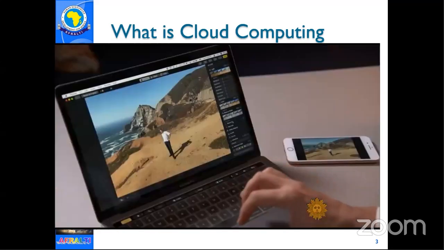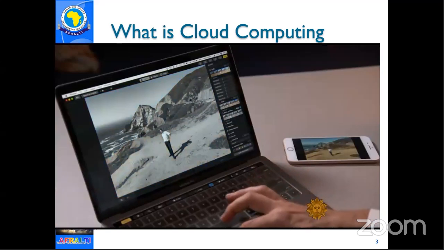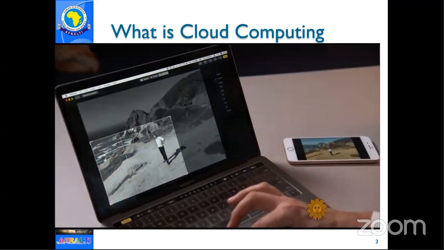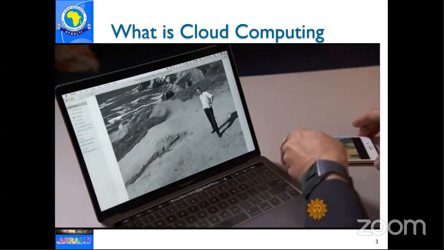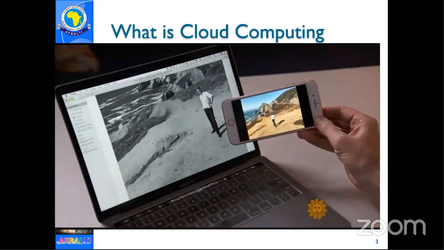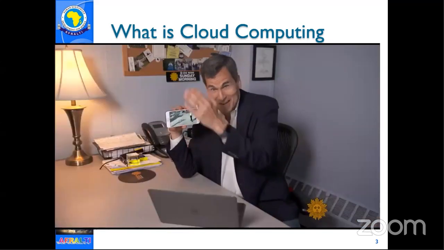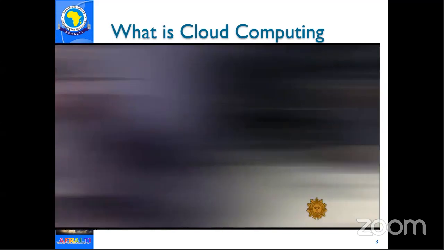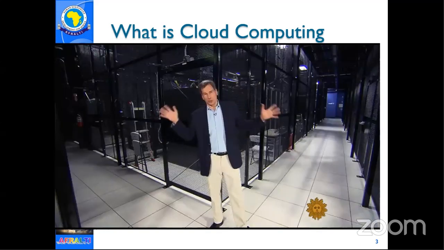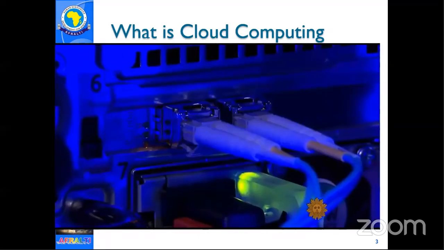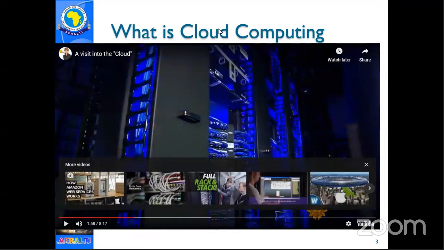Now, you may have encountered the cloud as a synchronizing service, for example, Apple's iCloud service. If I edit this photo on my Apple laptop, maybe make it black and white, maybe crop in on it, a couple of seconds later, I'll see the exact same changes show up on that photo on my Apple phone. Now, these two devices are not directly connected. Instead, that data made an intermediate hop. In a fraction of a second, it comes here to a massive data center, and then it returns to the phone. Most of the time, though, you use the cloud without knowing it.